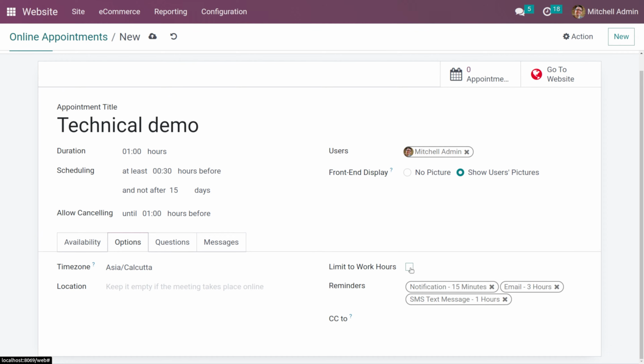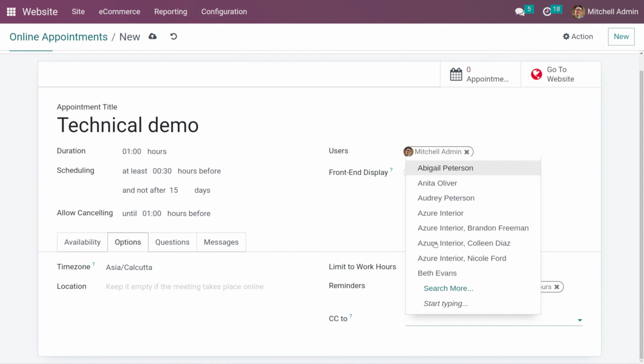And we can limit the work hours and the reminder. So the notification is every 15 minutes, and the email every 3 hours. Every 15 minutes the notifications, and every 3 hours the emails, will be sent to the customers. And the next one is the CC. For the CC, you can provide the email ID of this